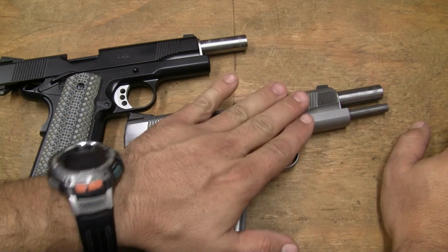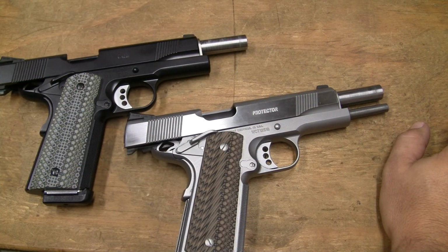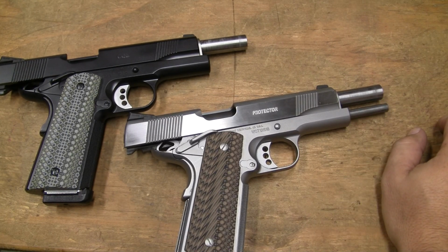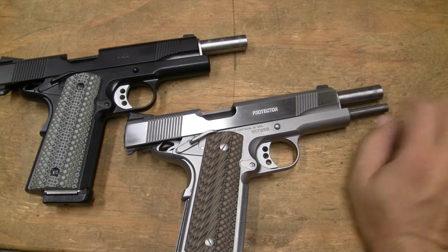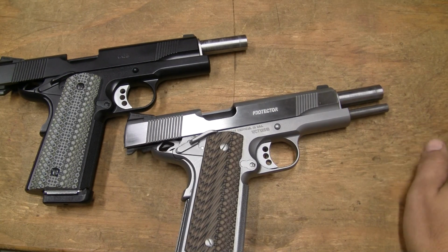Is it harder to take one down with a full-length guide rod? Yeah. So I prefer a plug. Is this a deal breaker? No. In competition, when people are way better than I am, they can tell the difference because of the weight. I can't. But I'm not sitting there shooting the gun all the time in competition. So for just how much I shoot one,